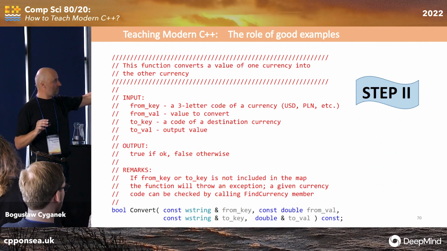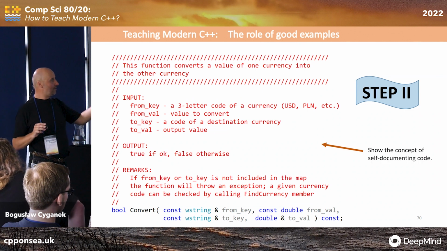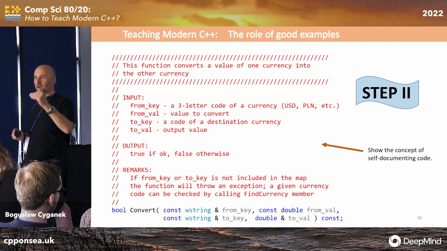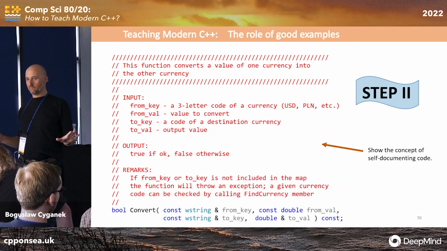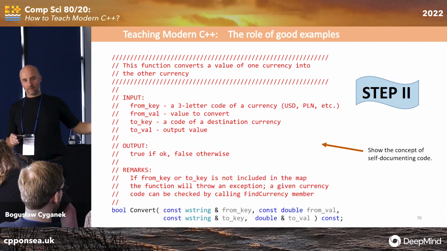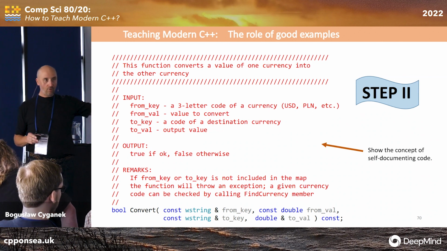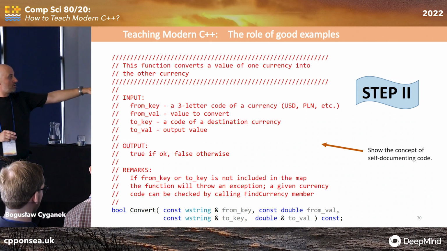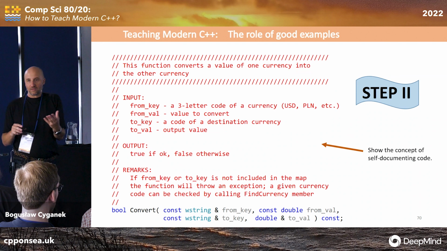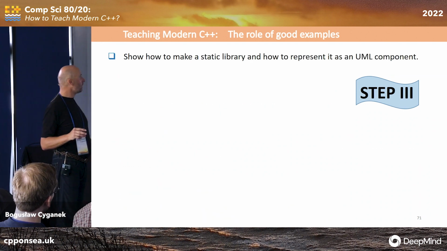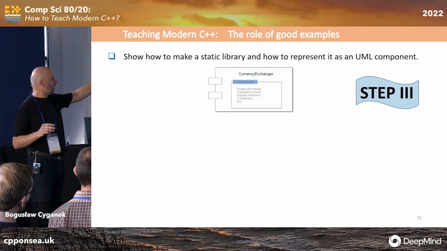And also, what students hate, show the concept, don't just tell them, you must write comments, period. Why? Because you will make better code. Just go on. Show some benefits of writing comments. Your code will be self-documenting. This is another methodology of writing good code. Yeah? And we can go further on.